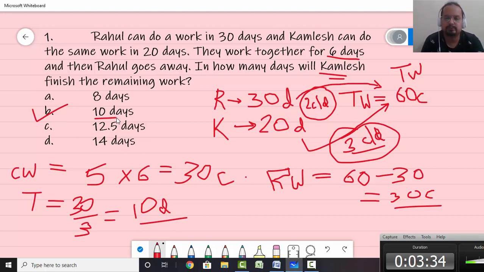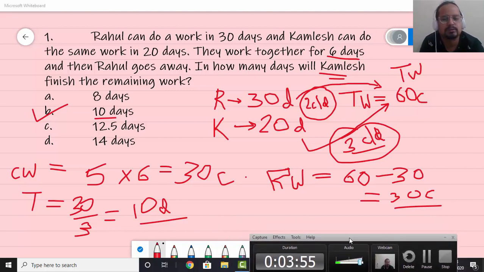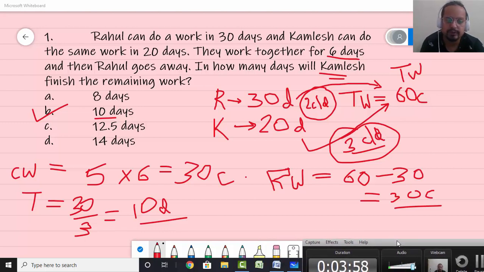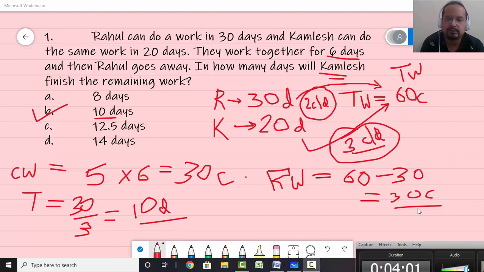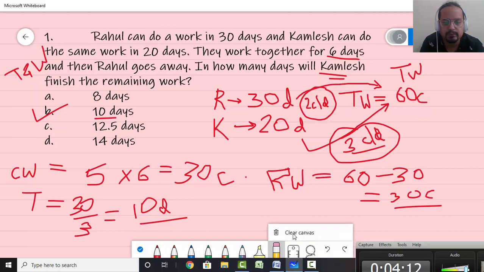Now, suppose there are different types of questions on this, like suppose Rahul and Kamlesh work on alternate days, or Rahul and Kamlesh work for some days and then their efficiency goes down, right? All these questions can be solved in an easier way if you take total work as the LCM and then find out chocolates per day. Got the point? So this LCM method actually makes your solving process faster for these exams. All right. So that was the first question. The category of question was time and work, and I hope this LCM method is clear to all of you. Let's move to the next one now.